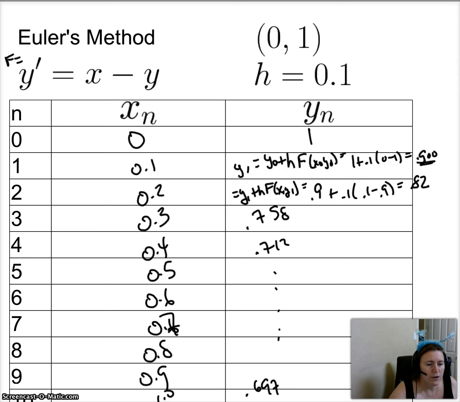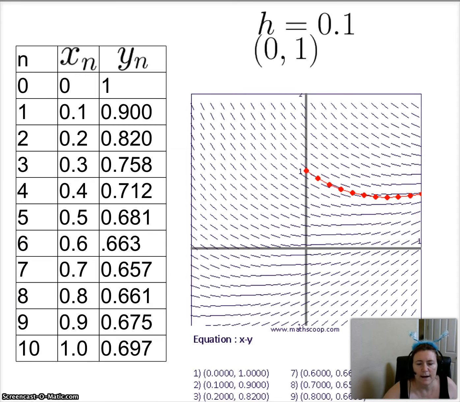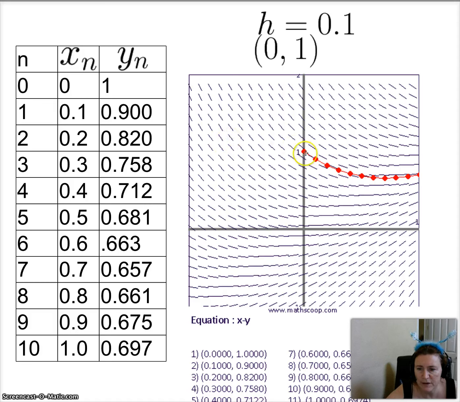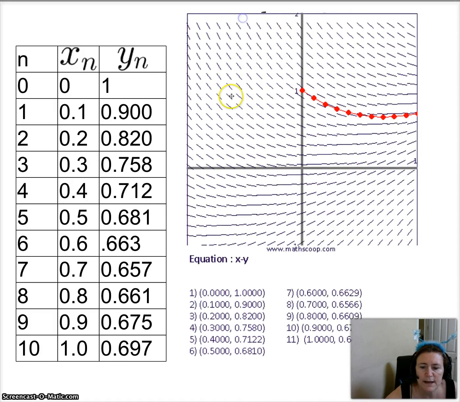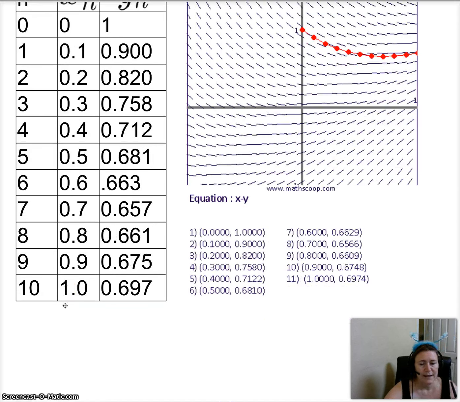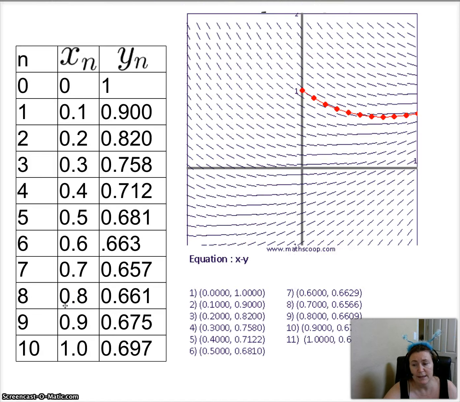Now I've gone on and done this, and I've done an analysis. This is my slope field with my particular solution, and this is actually the Euler numbers. And I have filled my chart in where I'm following this formula. It's meticulous, folks, but it isn't hard. All you have to do is do an iterative solution